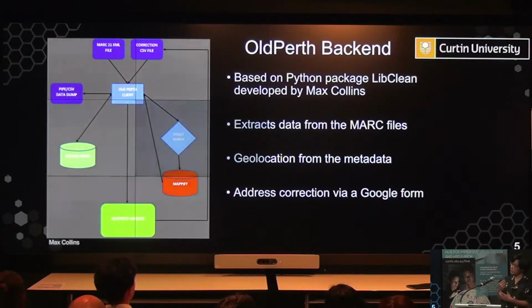Using libclean not only simplifies reading the standard library catalog data, such as MARC files, which are commonly referred to as machine-readable cataloging files, but it also offers the functionalities to geolocate images based on the metadata extracted. Although MARC files are machine-friendly, because of their complex structure, it is harder to interpret them. So libclean overcomes that challenge by making the metadata extraction easier. So on the figure over there,